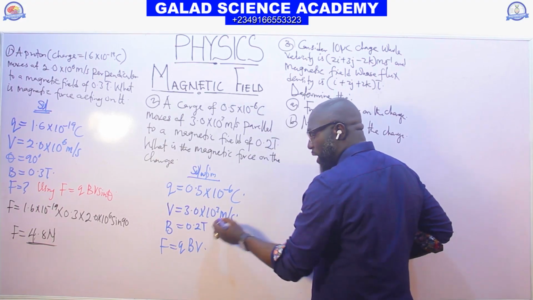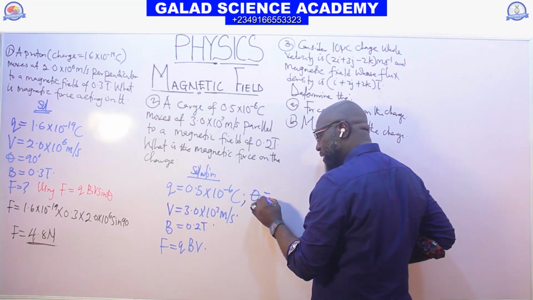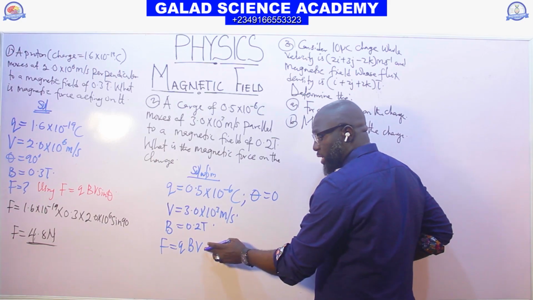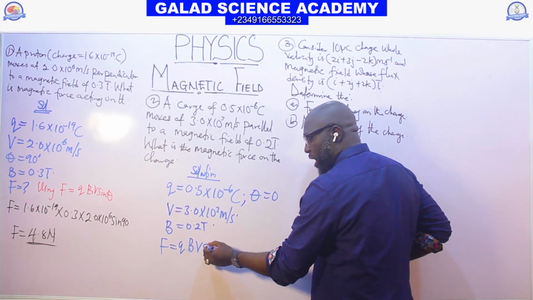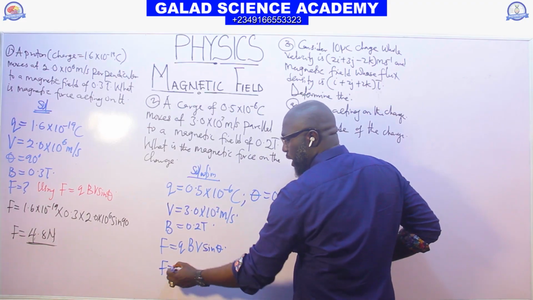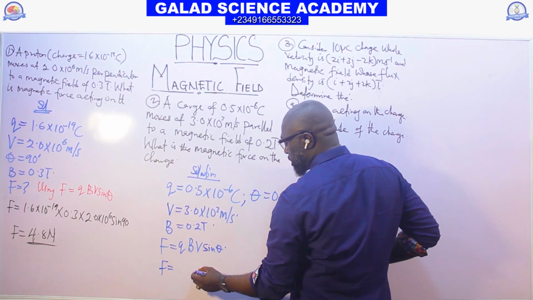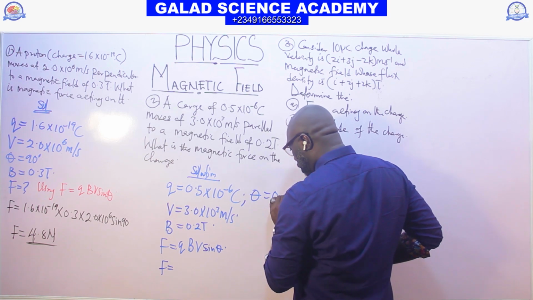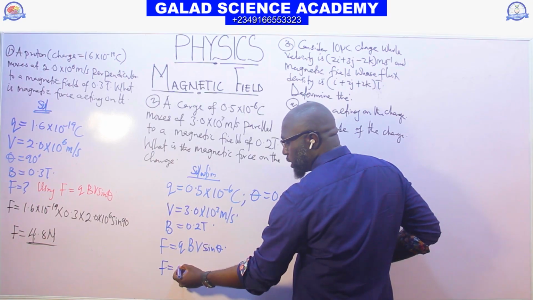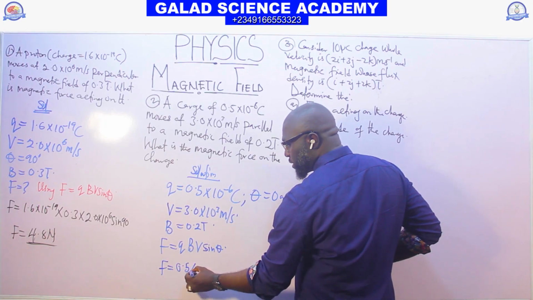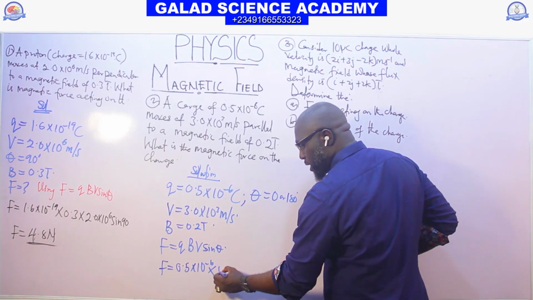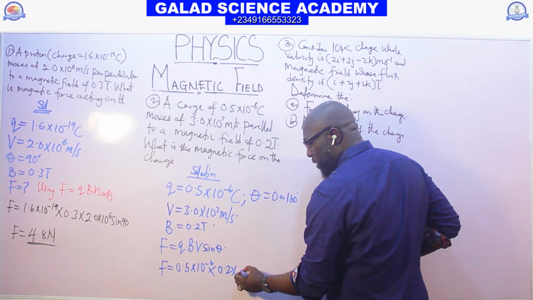It's parallel. When it's parallel, what will be the theta? Theta will be 0, or 180. So we have sine theta here. By substituting for each value here, theta will be 0 or 180 because it's parallel. What is Q? 0.5 times 10 to the power minus 6. What is B? 0.2 multiplied by